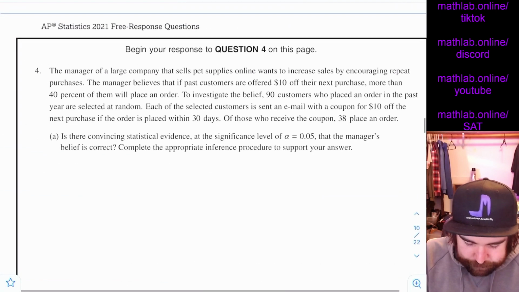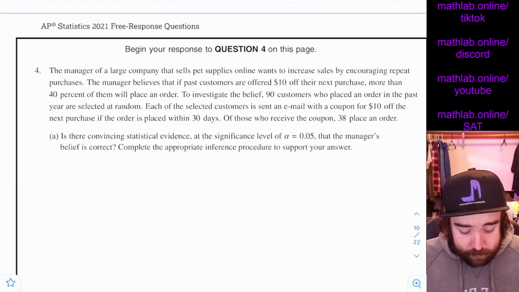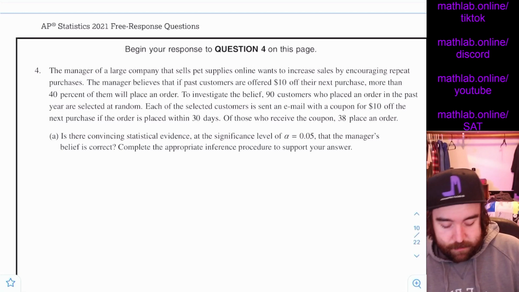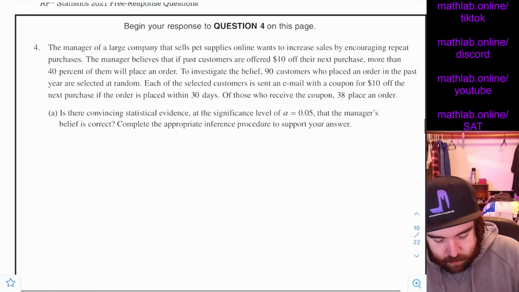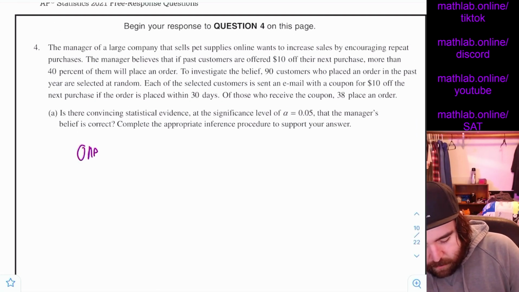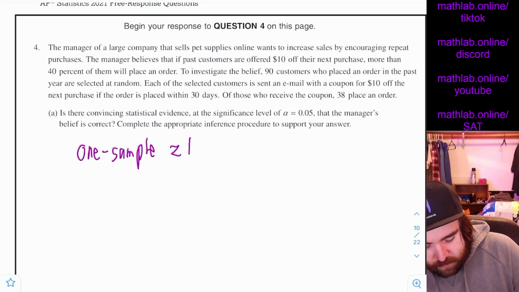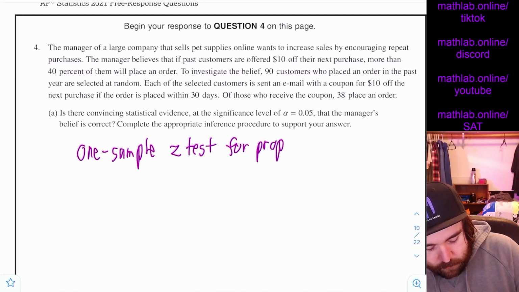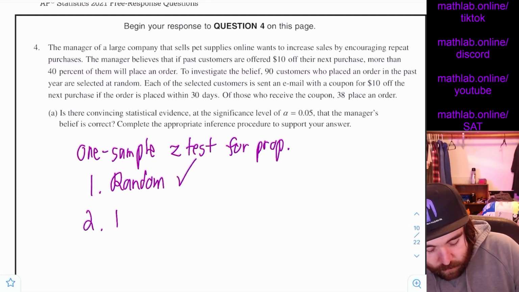Okay. So, we've got to do a P test. We've got to do a 1 sample Z test for proportions. So we have to show 1, random, yes, 2, independent,